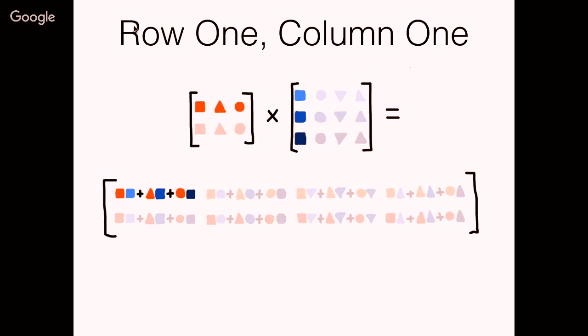And the way you get the result is you take the row, and from your point of view, you rotate it clockwise, and then you've got, in this case, 3 rows of expressions. You multiply them together. I should have done a diagram for this, right? So you've taken the red line, you've turned it round, you've multiplied it by the blue column, and then you've got 3 terms, one after another, which is the red square, pale blue square, the red triangle, medium blue square, and the red circle, deep blue square. And you just add them together.